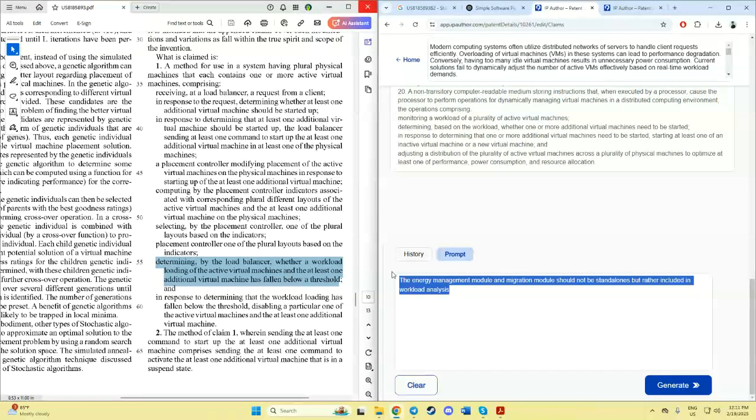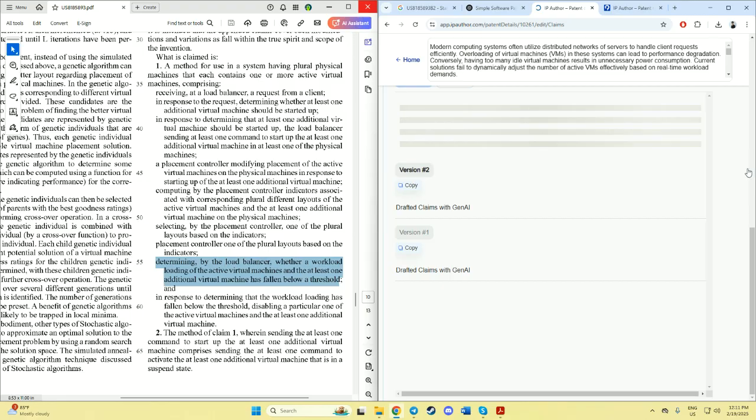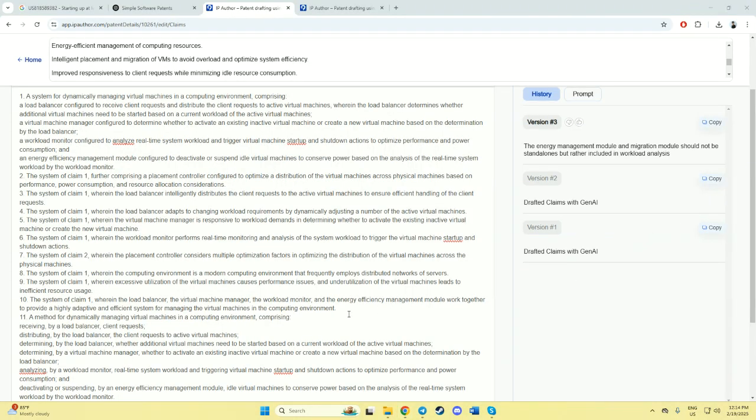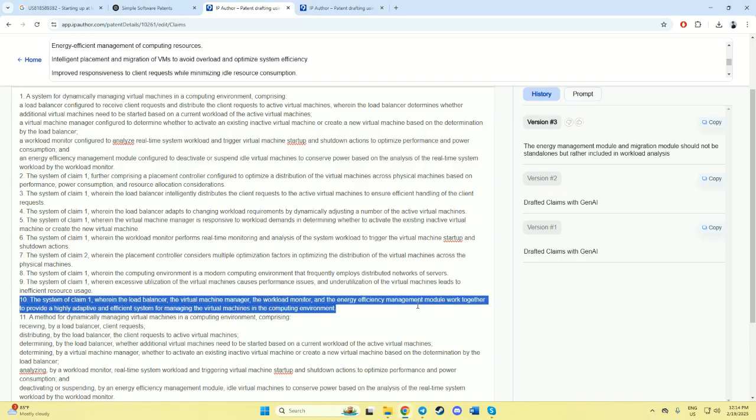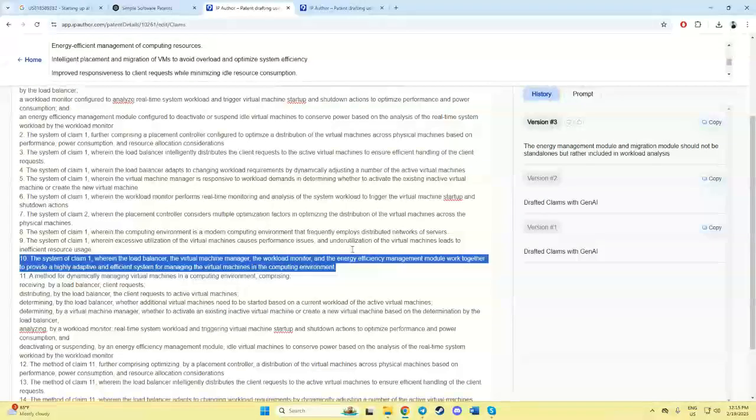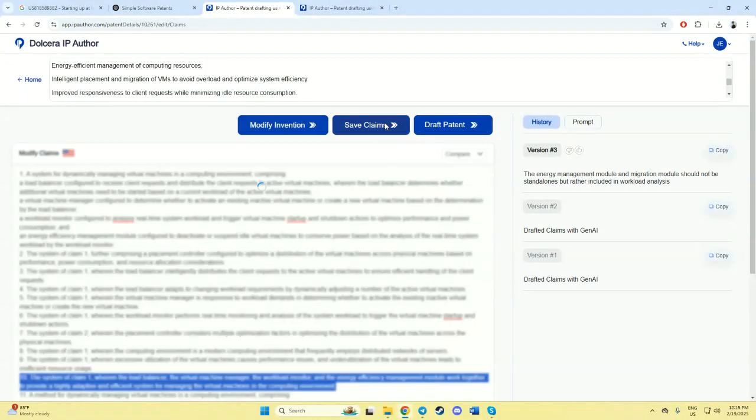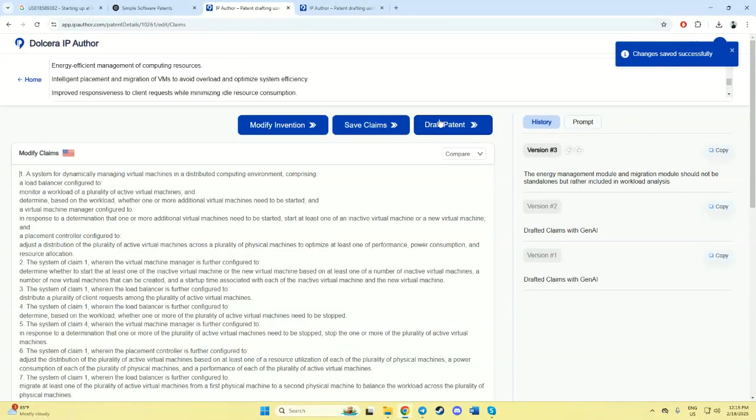So we're going to use this prompt here to improve IPAuthor's generated claims. We can see in the new set of IPAuthor's generated claims that now they have incorporated the energy efficiency module into the workload analysis. So I'm happy with this set of claims as they are. I'm going to save them and use them to draft